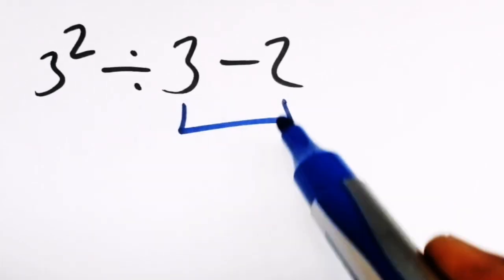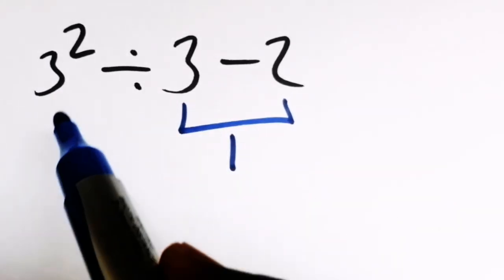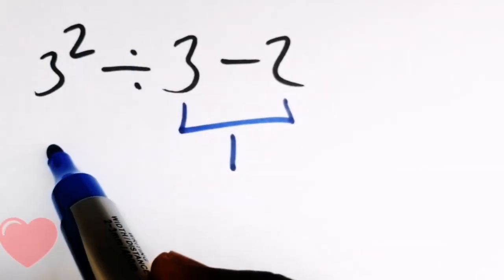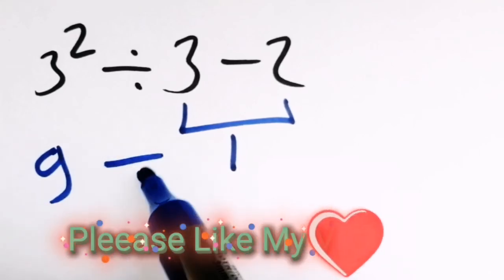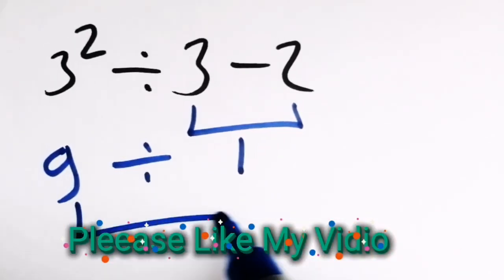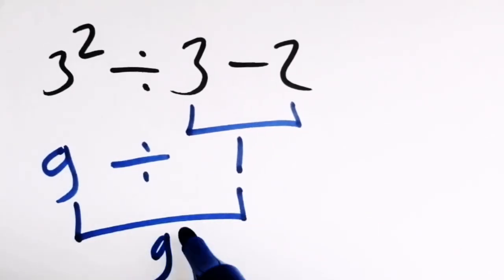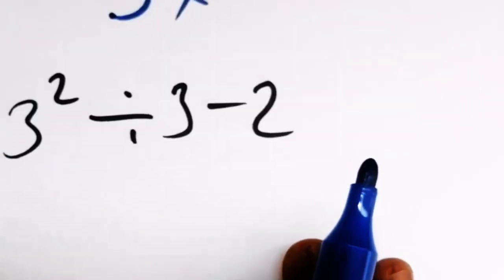3 minus 2, which gives us 1. And here 3 square means 9. 9 divided by 1, which equals 9. But this answer is not correct,